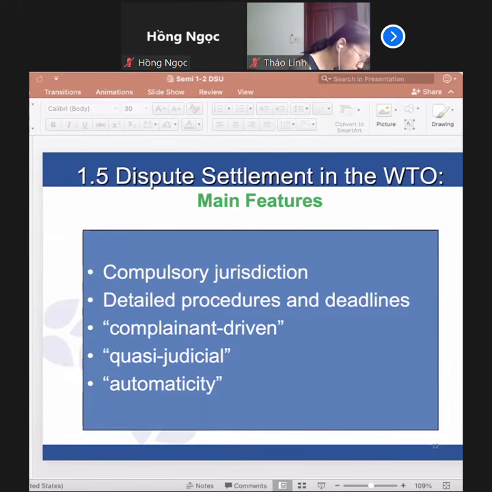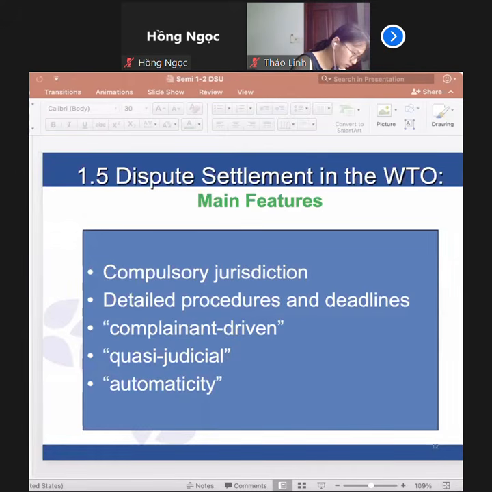Well, people usually think the dispute settlement mechanism under the WTO system is a kind of complaint-driven mechanism because it mostly sticks with the rules of decision making by negative consensus, which I believe I mentioned to you last week. When we talk about negative consensus, we may jump into this issue in the next slide. But here we may have the very basic idea that